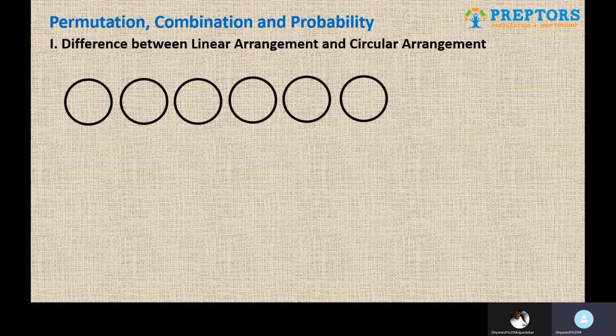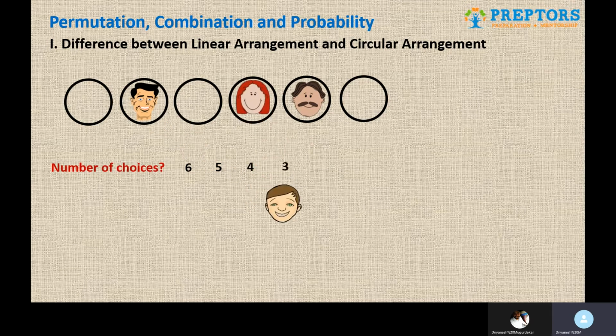So suppose there are 6 positions opened up and it's a linear arrangement. Any one person comes up at the beginning as the first person to occupy one of these places. He or she will have all 6 positions opened as a number of choice because all positions are unique positions. Whoever comes next will have 5 choices. Whoever comes next will have 4 choices, and whoever comes will have 3 choices, and eventually whoever comes at the last will have whichever one last place left. He or she will have to sit at that one particular place. He or she will practically have no choice at all.